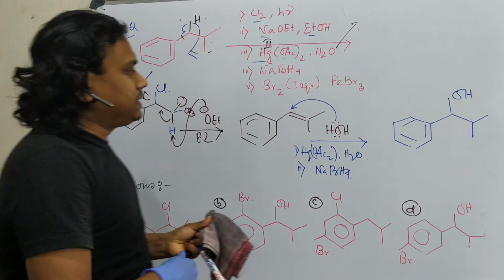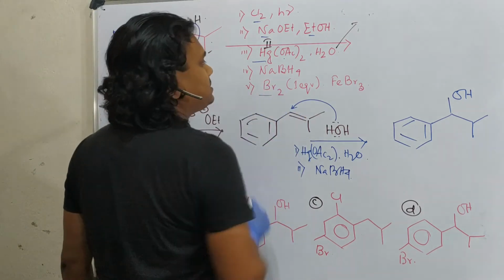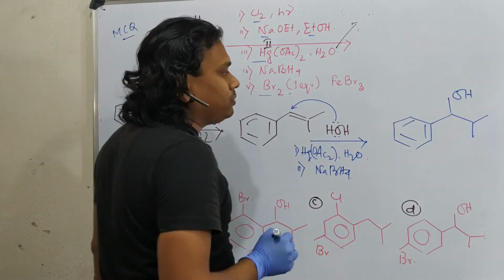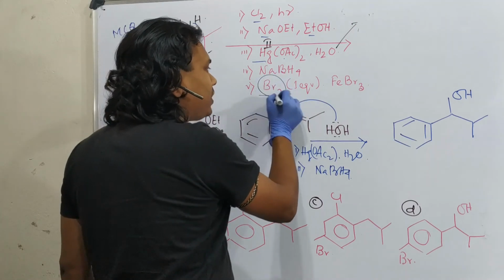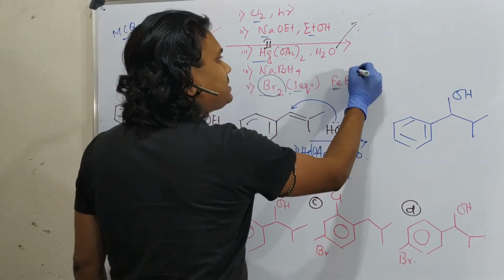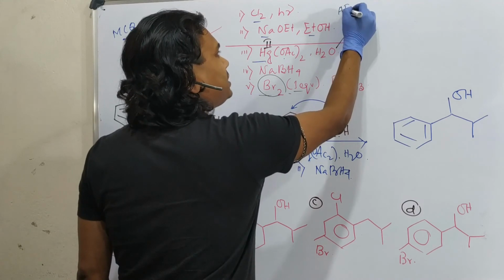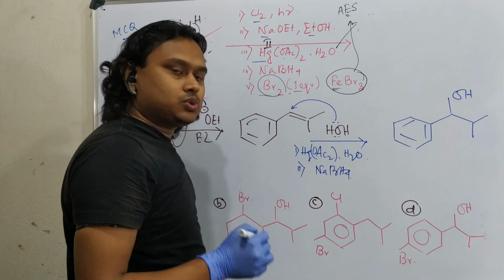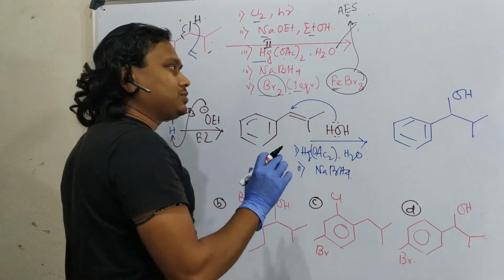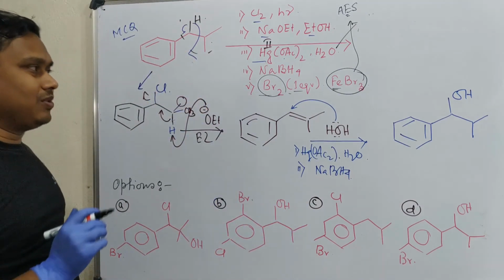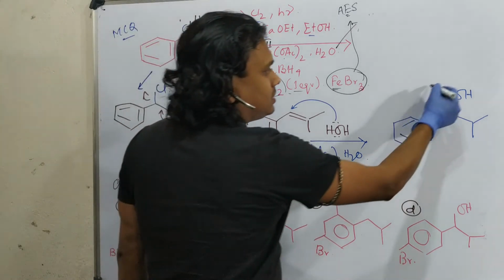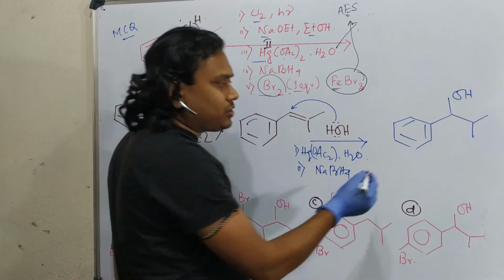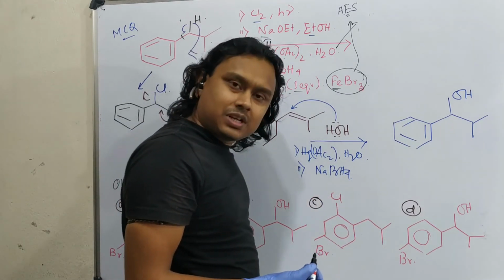Now, in the next stage, the last, this is bromine, FeBr3. Okay, what happens in this case? See, this is one equivalent of bromine and FeBr3. This is nothing but aromatic electrophilic substitution because this FeBr3 is a Lewis acid. Okay? So what happened? It generated bromine, actually better to say electrophilic bromine center. And now look at this molecule. This molecule is slightly more electron rich than benzene. So what can we expect? That it will undergo aromatic substitution easily.